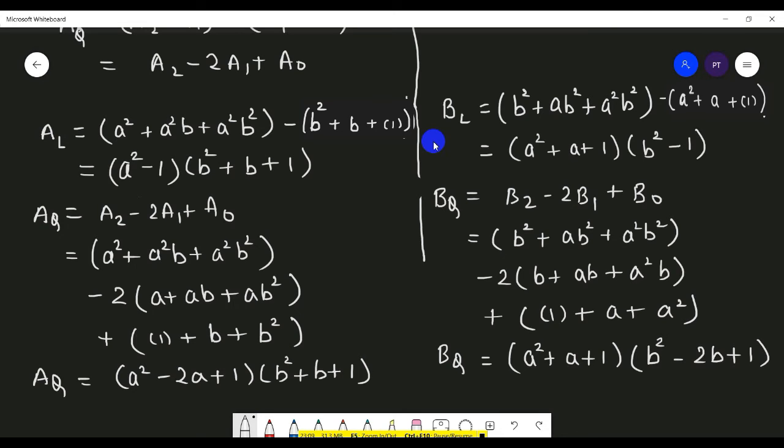Remember that these formulae, these algebraic expressions, cannot be used directly to compute the effects or contrast,